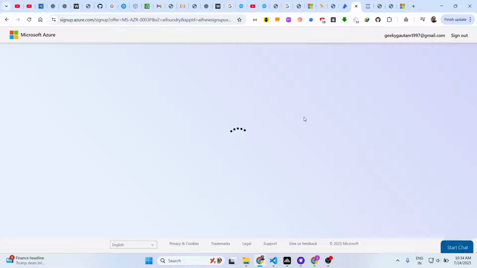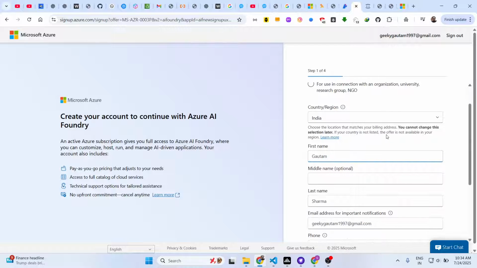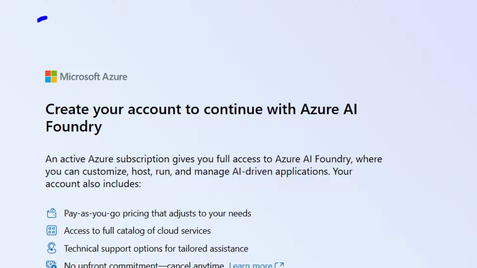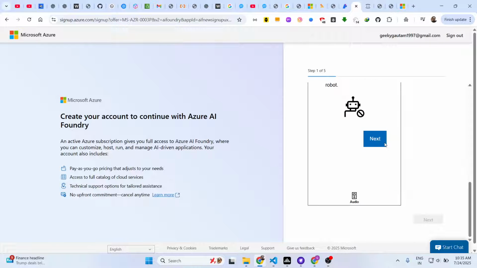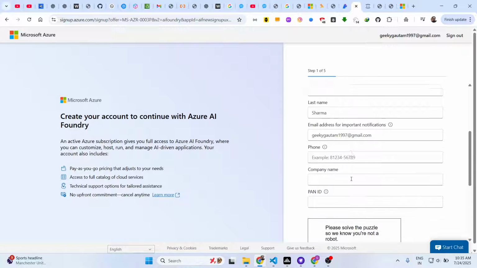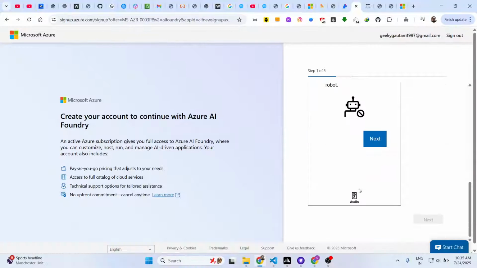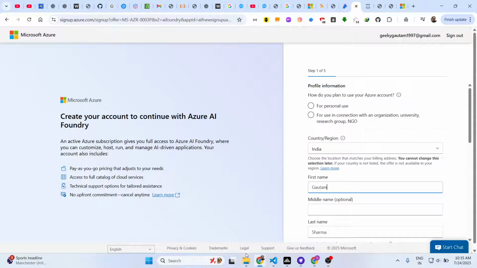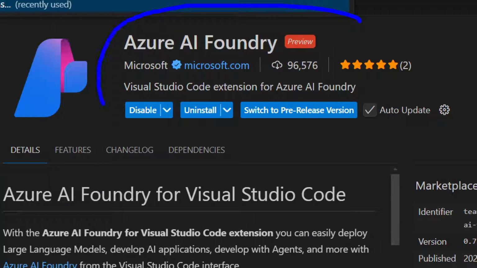So as you can see right here, you need to create your account to continue with Azure AI Foundry. Just create a free account and then you will be able to use this very easily. You do need to provide some information. I just wanted to show you that this extension exists